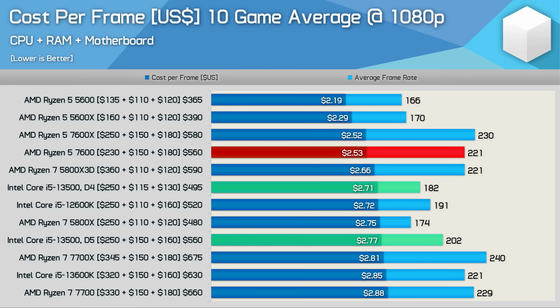The Zen 4 processors are priced with the DDR5 6000CL30 memory that they were tested with, along with a $180 B650 board. Now I know there is a Gigabyte B650 board selling for $160, but there's only a single board at that price, so I've adjusted our pricing up to $180 as this increases your options to 3 B650 boards. And based on those prices, the 7600 comes out to a cost of $2.53 per frame, and technically, with